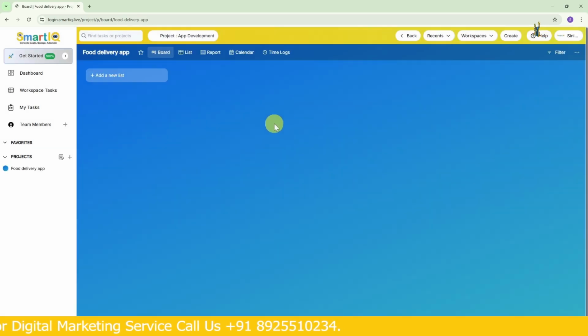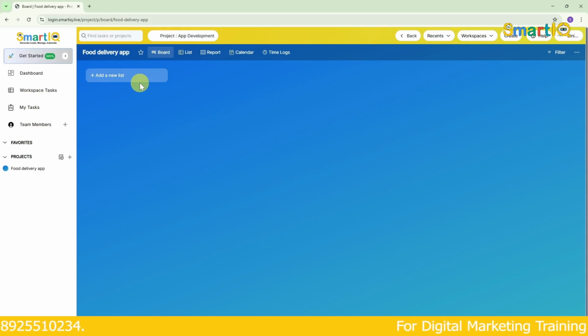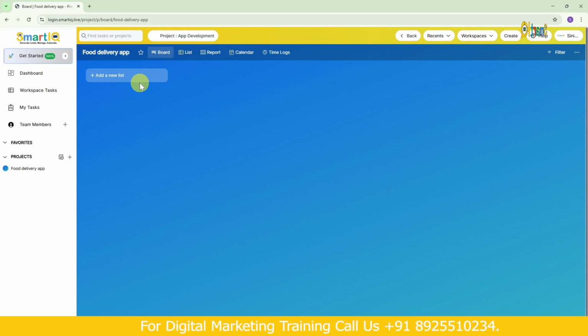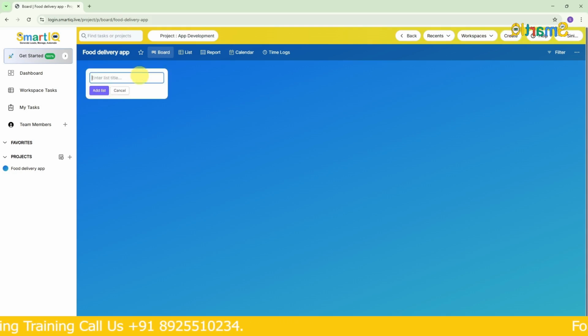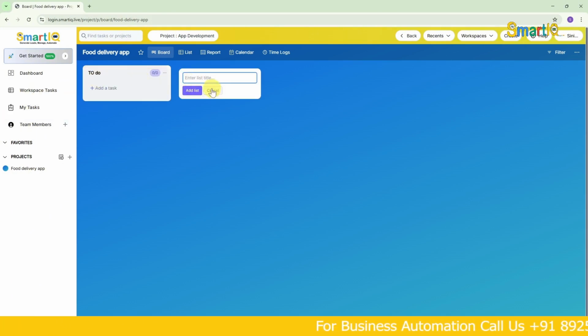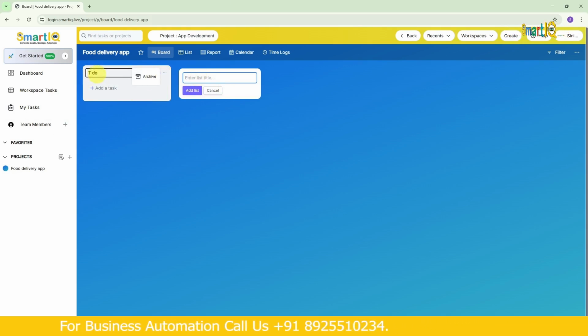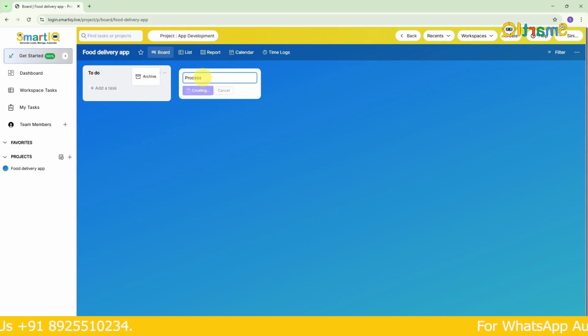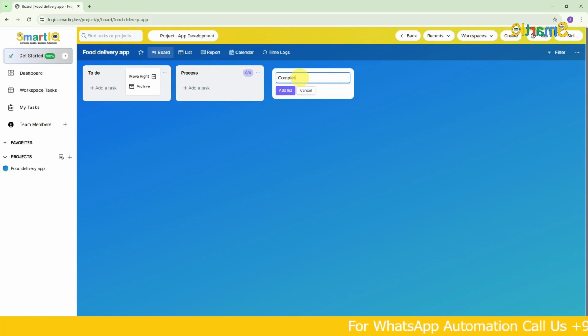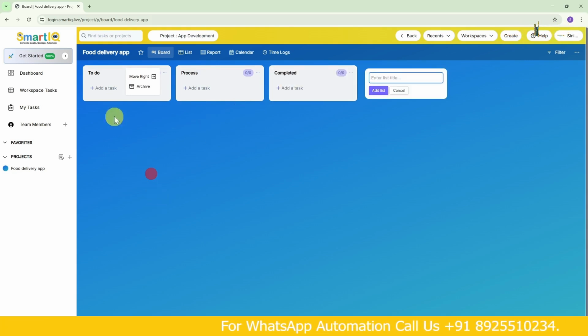After clicking create, I've chosen the blue theme. If you want, you can change the theme. So it will appear like this. In this list, what's good is that it's customizable. For example, if you haven't completed the to-dos, you can even keep it as verification complete or something like that. I've just entered to-do. What can we give next? You can then put process, done, complete. Okay, so all these together we have 11 stages.